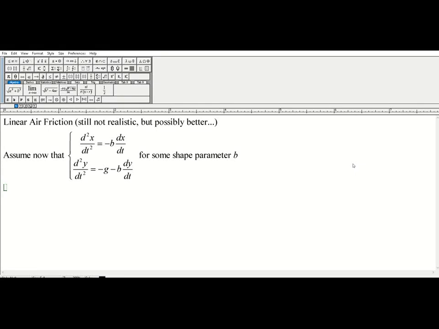All right, you ready for this? So now we're going to do linear air friction. It's still not quite realistic, but it's not too bad either. Maybe. We'll see. So now we're going to add in this kind of shape parameter times the velocity in that